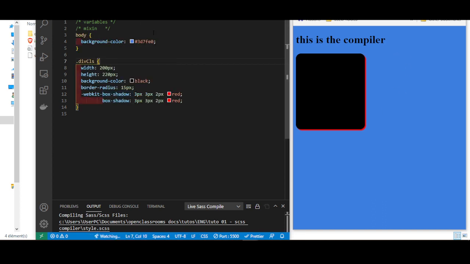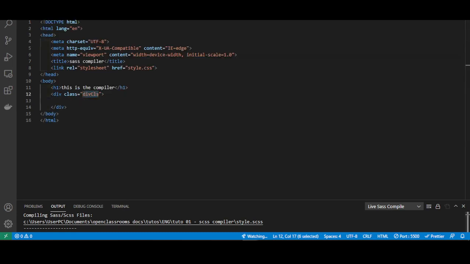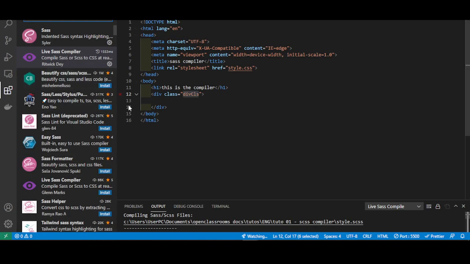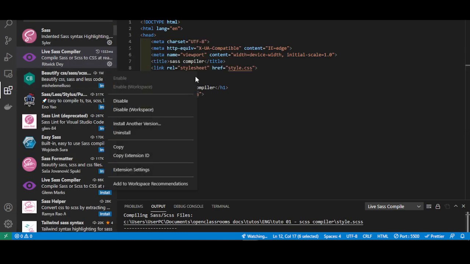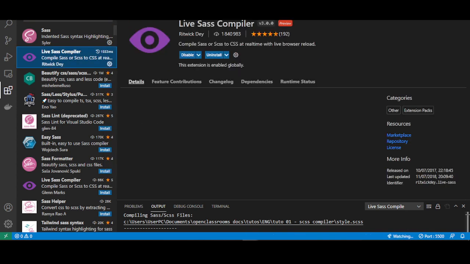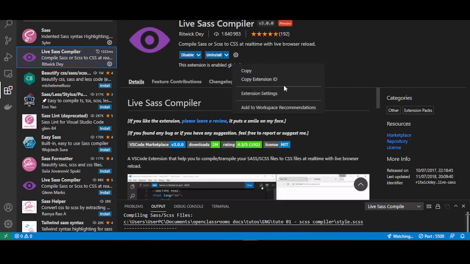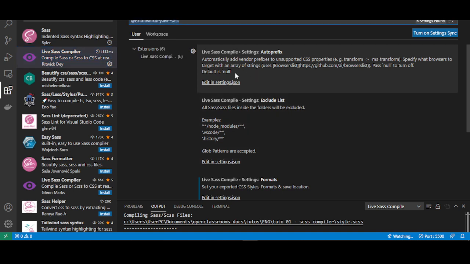So it works with mixins, with variables, with maps, and everything. Okay, but the last thing I wanted to show you is that with this extension there are some options available, and they're pretty cool. The problem is that when we come to the extensions, it gets all weird, and that can be intimidating